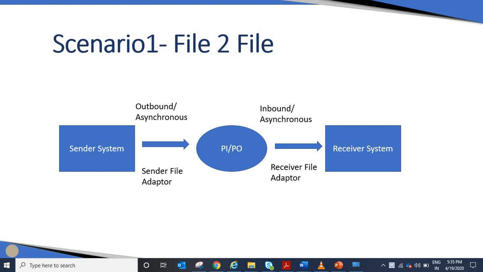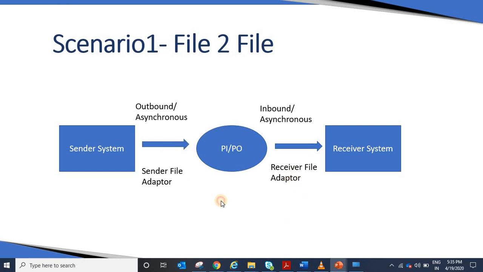Today we are going to see the file to IDOC scenario with a fixed length file. This is the fourth and last scenario in the file based scenarios. In scenario 1, it is file to file: the source is a file server with a file adapter and the target is also a file adapter.